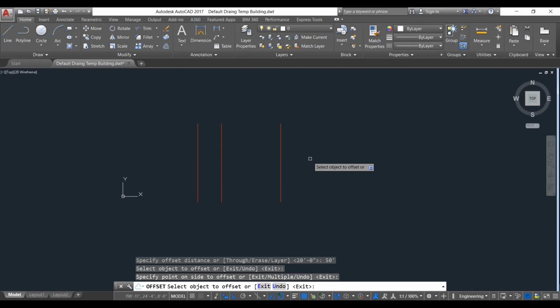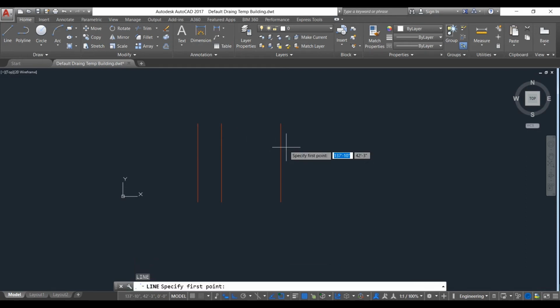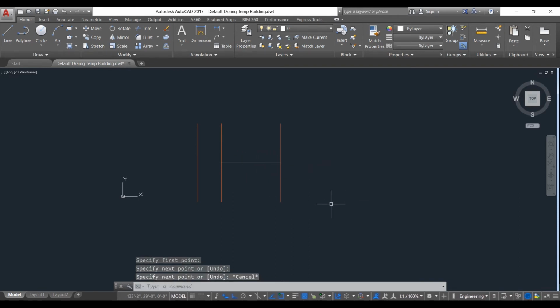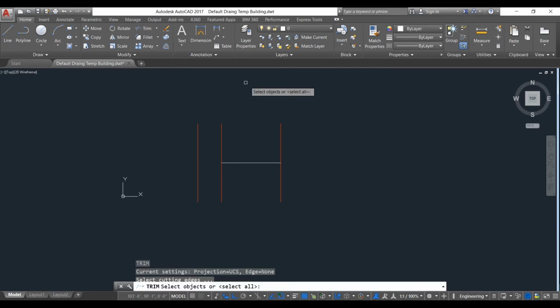Next we learn how to use the trim command. Trim is a very important command in AutoCAD. I will show you how to do that. As you can see, this line is connected between these two lines, and if I want to delete this portion of the line, how do you do that? We have to trim that. For trimming, select trim, or otherwise you can type TR.